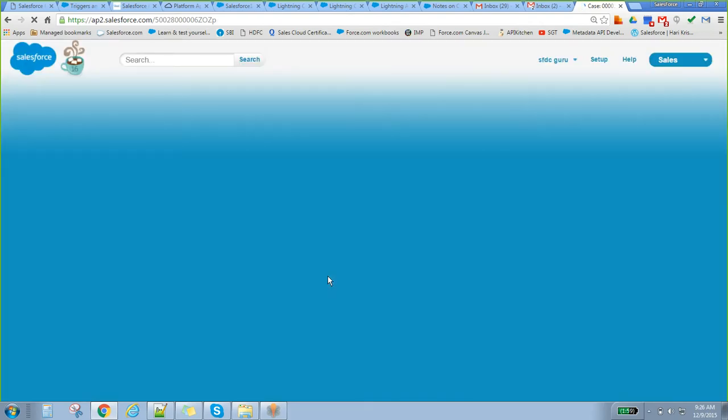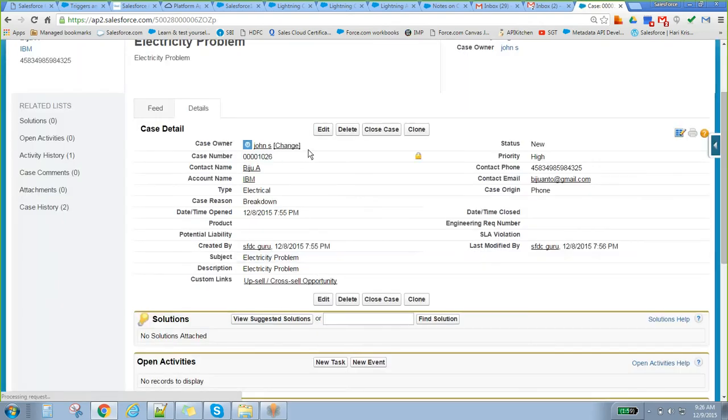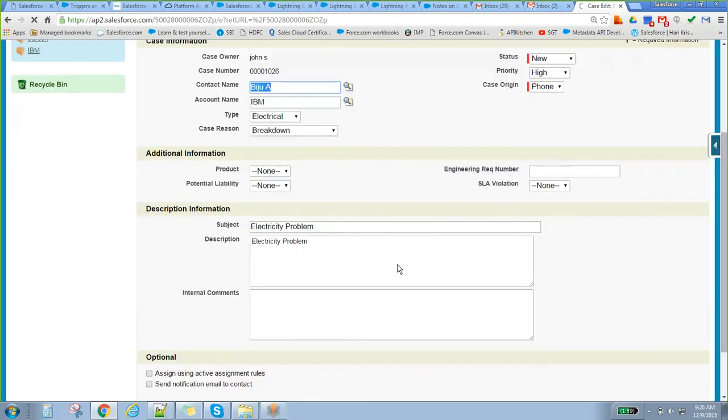Now what will happen? So it is changed to John. Correct. So what will John do? John will go to that particular place, and he will do all those things. Correct. So that repair or whatever it may be, internally he will do, and he will update the cases. Okay. So he will update the cases, right? Case